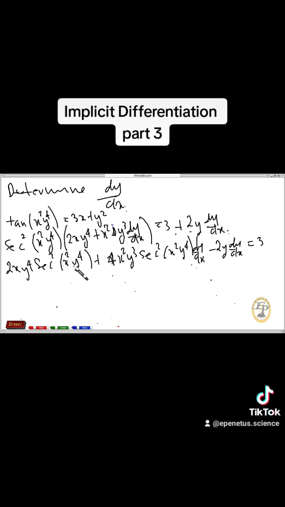So here, let me take this to the other side with the cosine, then take dy/dx here as a common factor, so that we have dy/dx